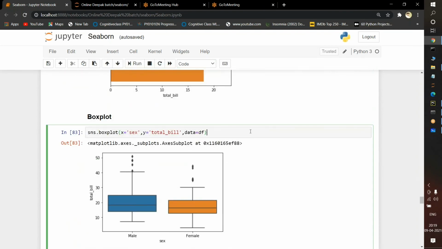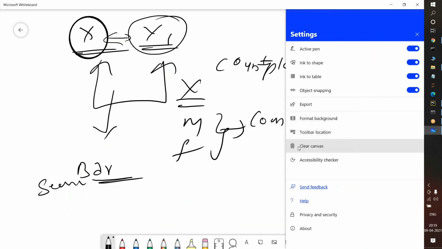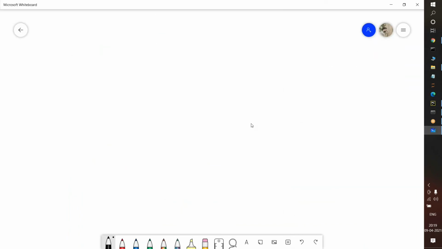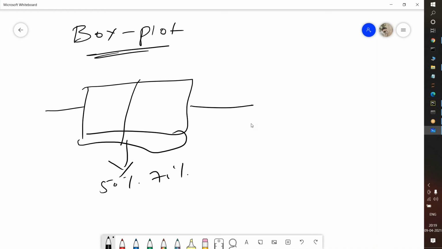This box plot completely belongs to statistics concepts, so when I discuss statistics you will have a clear idea about it. The structure of the box plot is like this. This entire region holds the 25%, 50% and 75% of the data. This is known as the maximum value and this is known as the minimum.